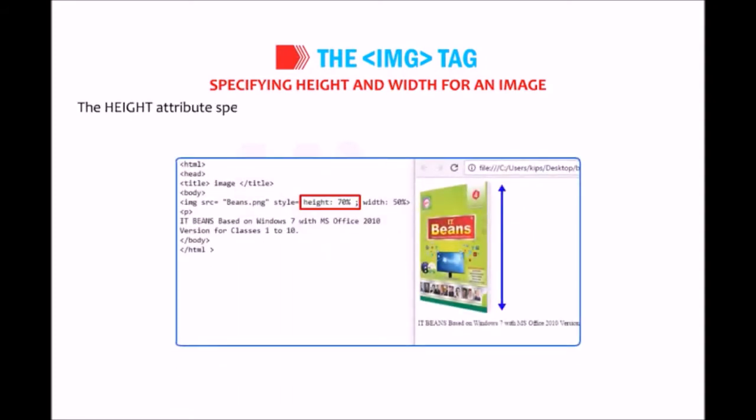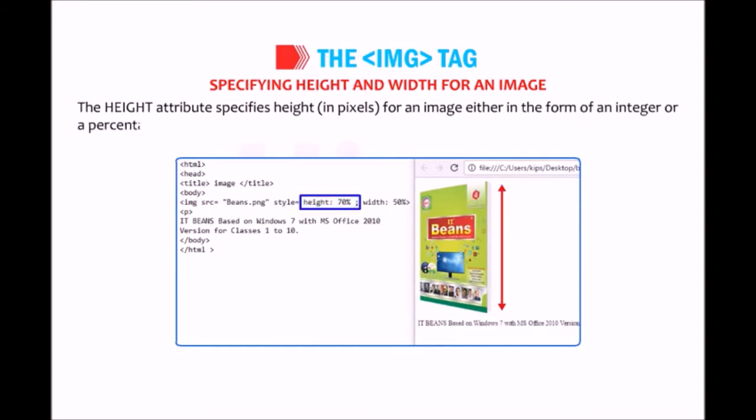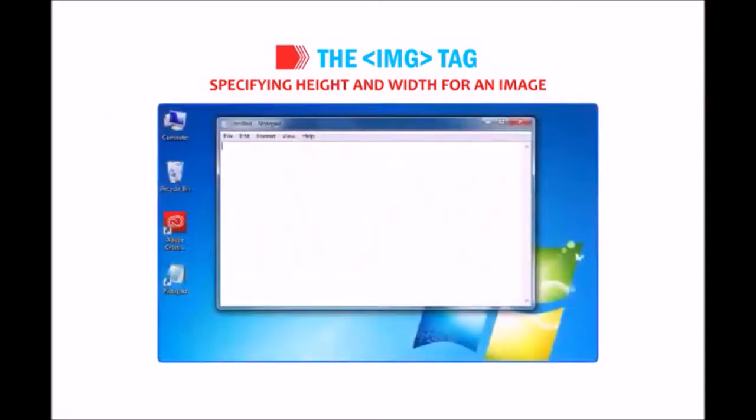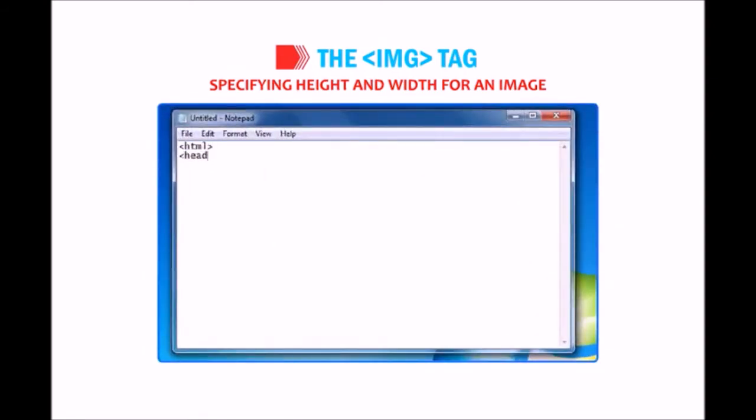Specifying height and width for an image. The height attribute specifies height in pixels for an image either in the form of an integer or a percentage value. The width attribute specifies width in pixels for an image either in the form of an integer or a percentage value. html head title height and width /title /head. body: img src equals to camel.jpg style equals to height 70% width 50% p.